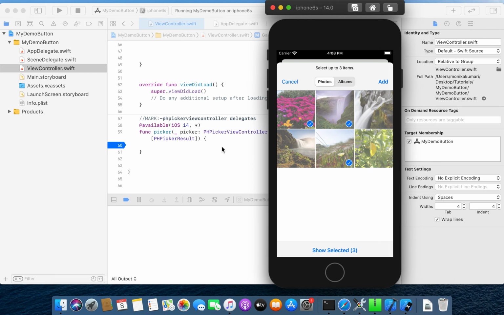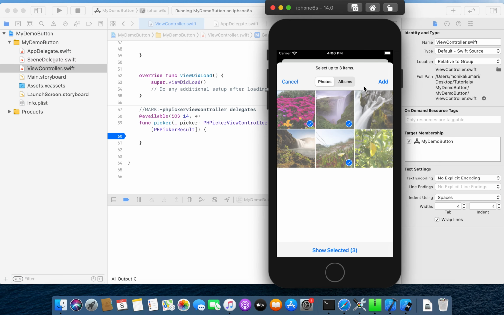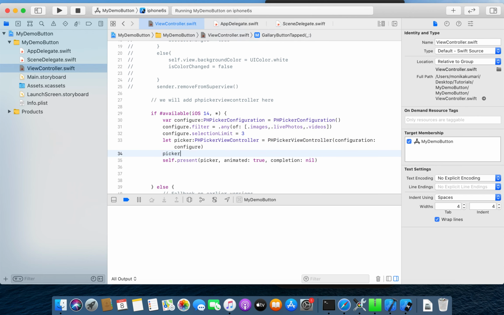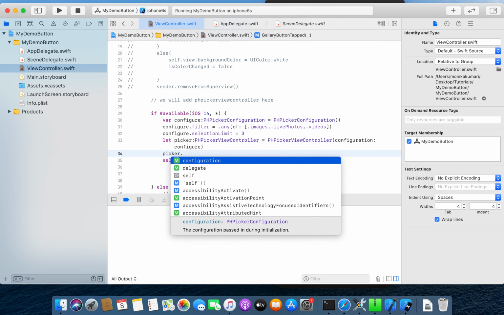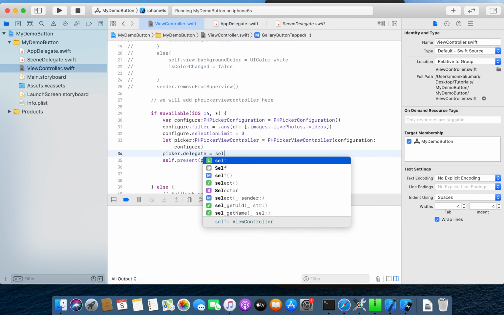I will add, and you can see after just tapping on the add button, okay, I haven't implemented that picker.delegate is equal to self, so the delegate method is not called. So I will put picker.delegate is equal to self.